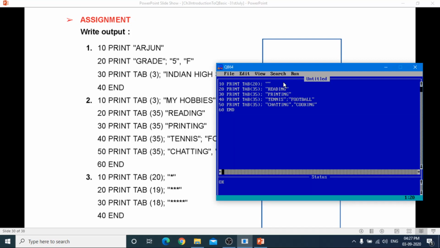It is on the upper side of 8 key, so that we can print using shift plus 8. In next line we have 3 stars, and what is the value of tab? 19. In next line we have tab 18, and then 5 stars.